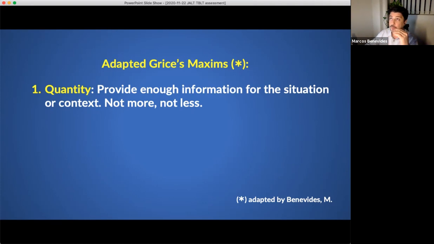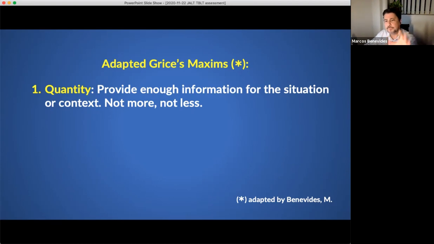And we can look at a simple example. If somebody asks you, "Hi, how are you?" and you give them an answer, "I'm fine, thanks." That's just enough information, not more, not less, right? If you don't answer at all, it would be interpreted perhaps as you breaking the maxim, therefore you're being perhaps a little bit rude or insulting and so on. But just as problematic would be if you gave a long drawn out answer, right? Because that would also be breaking the maxim of quantity. So this idea of quantity is important.